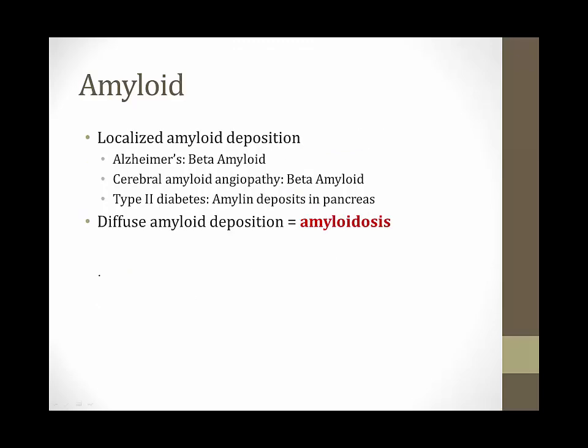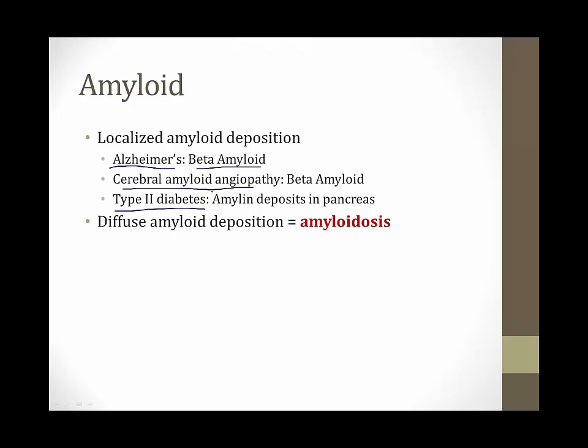The accumulation of amyloid in diseases can be either localized or diffuse, and in a number of other modules I've already discussed localized amyloid deposition. For example, in the neurology section when discussing Alzheimer's, we talked about how beta amyloid accumulates in the brain and forms amyloid deposits, and that leads to Alzheimer's. You can also have beta amyloid accumulate in the blood vessels of the brain, leading to a condition called cerebral amyloid angiopathy. And in the endocrine section, when talking about type 2 diabetes, we talked about how amyloid could accumulate